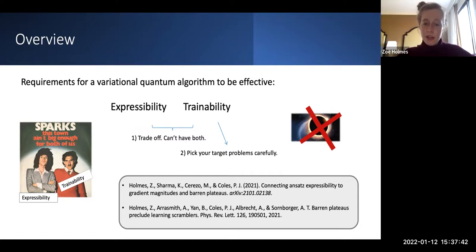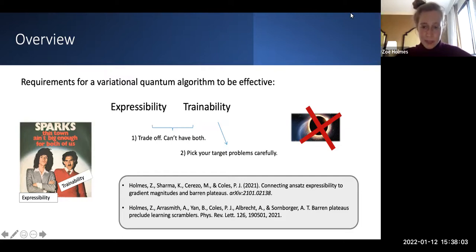And then I'm going to hone in on some of my own results on these two requirements. So the first of these is a trade-off between them. So a bound showing that you cannot have both. You cannot have an ansatz that's both expressible and trainable. And that's the result in this first paper here,